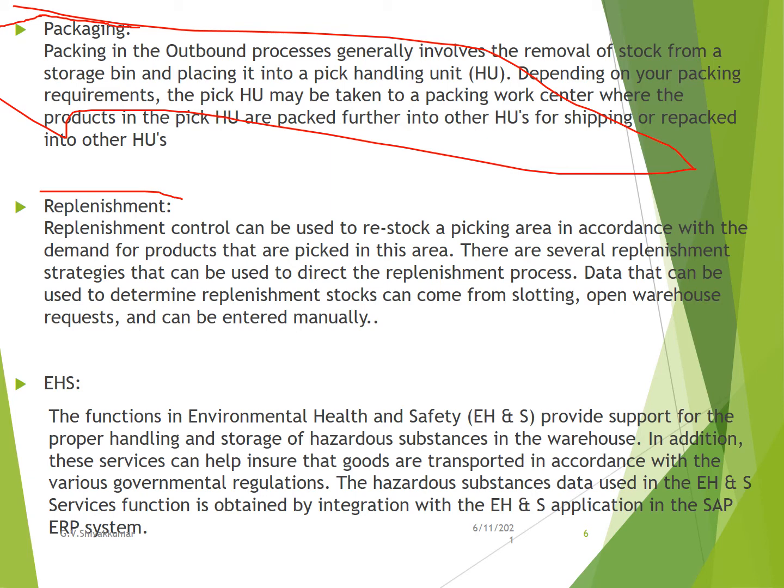The function in the environmental health and safety module provides the support for proper handling and storage of hazardous substances in the warehouse. In addition, these services can help ensure that goods are transported in accordance with the various governmental regulations. The hazardous substance data used in this EHS services function is obtained by the integration with EHS